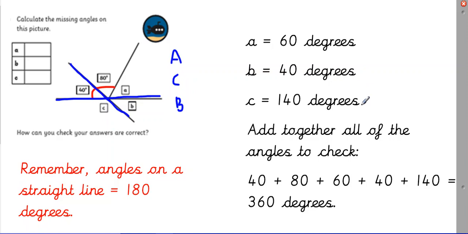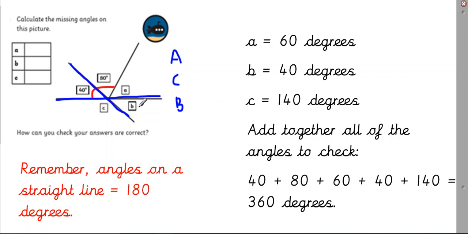C is 140 degrees because I calculated it using this straight line here. I could see that this angle here is 40 degrees, so I subtracted 40 from 180 because it's a straight line. So 180 minus 40 is 140 degrees. Because I had 140 degrees here, I could then see clearly I was going to use this straight line